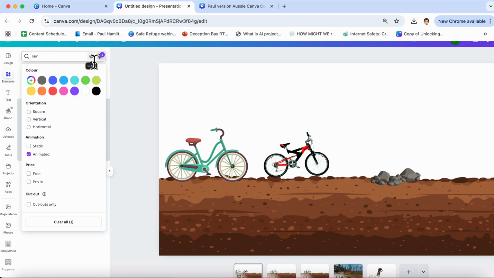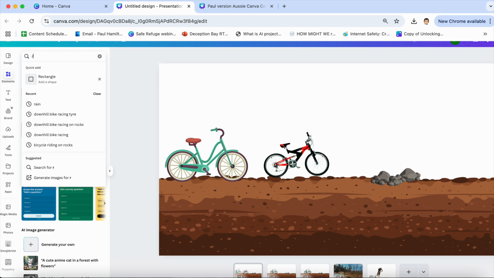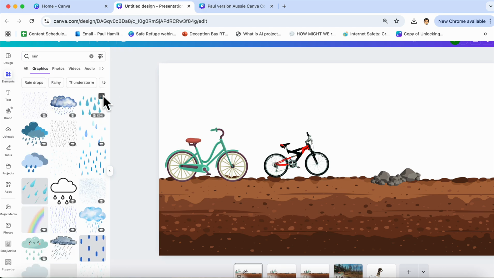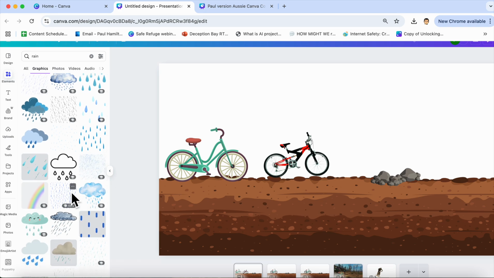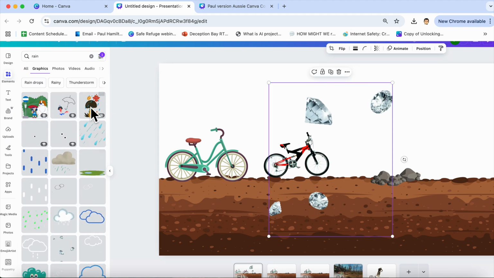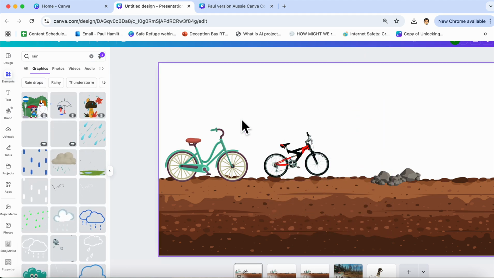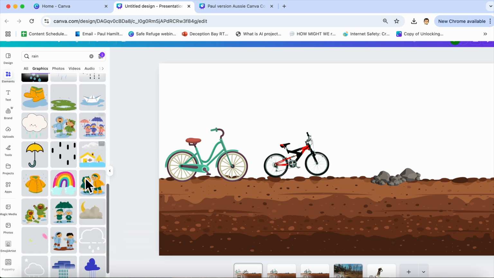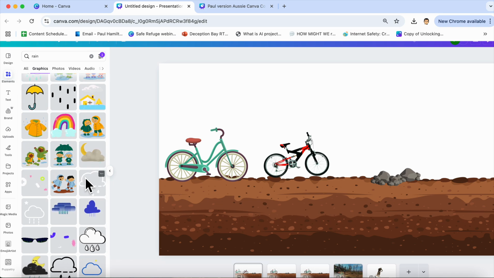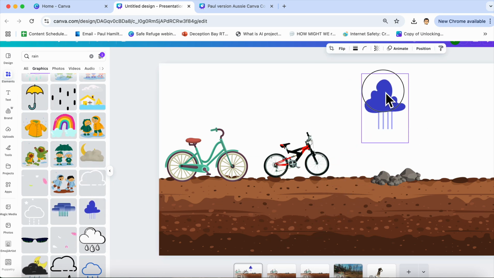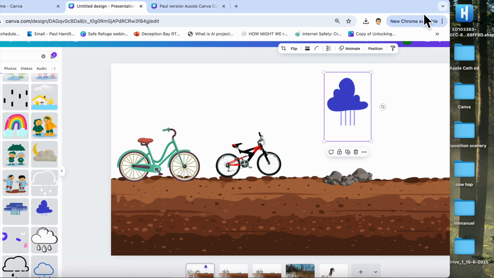Let me go back. I'll do that one more time. So we'll look for rain and we'll look for graphics. And you can see here we've got some animation coming here that might actually do that. We can also look for static ones as well in regard to our animations, and they all come up as animations too. So you might have that built in, and because it is an animation and because it does show something, if we used something like this to show that it is raining on a certain area,